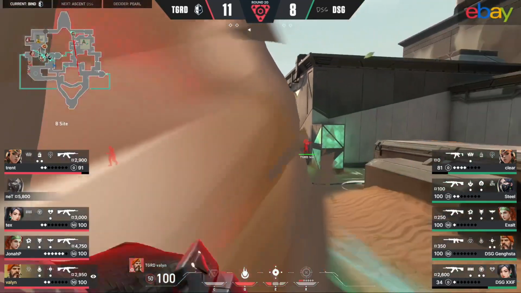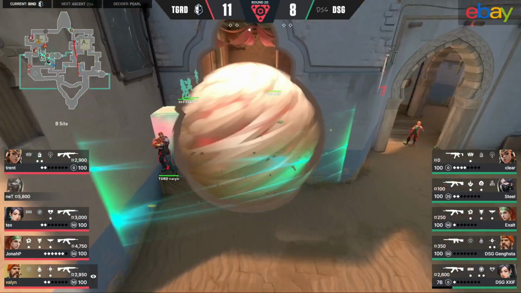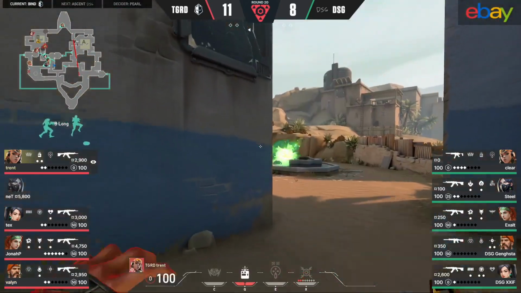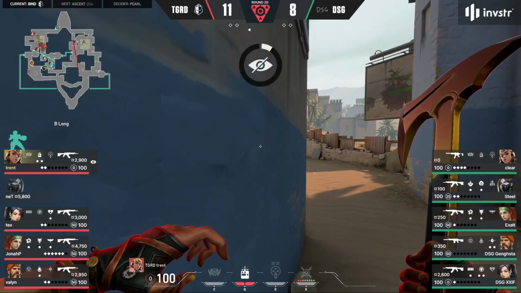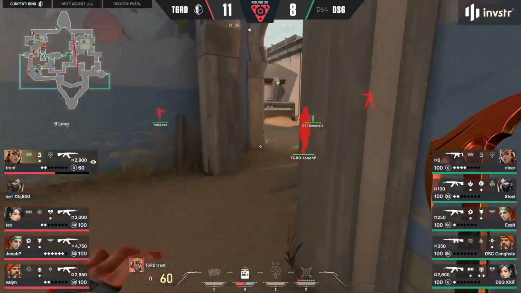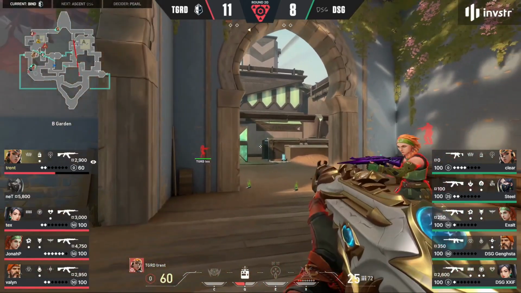Meanwhile, the spike's been planted, and the guard are just gonna be able to set up here on this B site. Only one player rotating from A. Everybody else here in hookah. Now looking to fight towards long. Trent gonna be the first one met as Tex wants to go aggressive, take the duel with Gangsta, but for